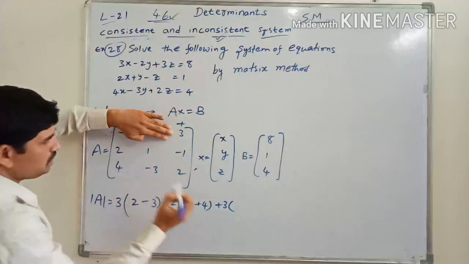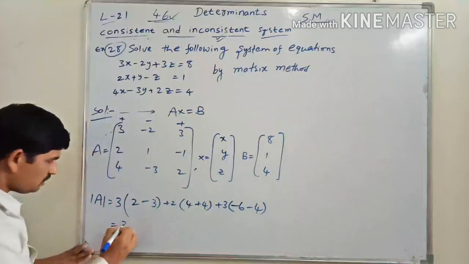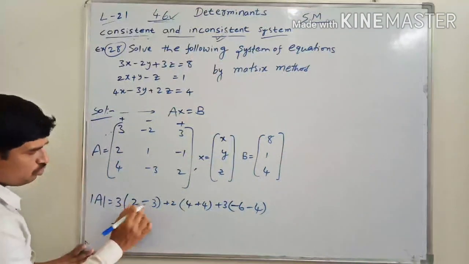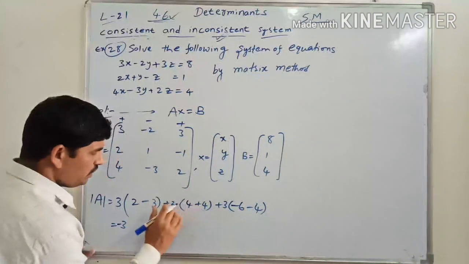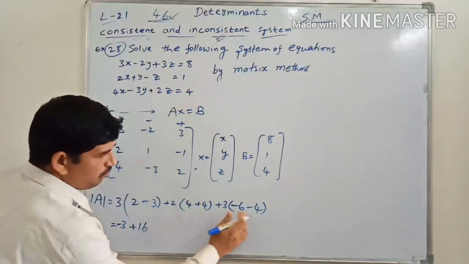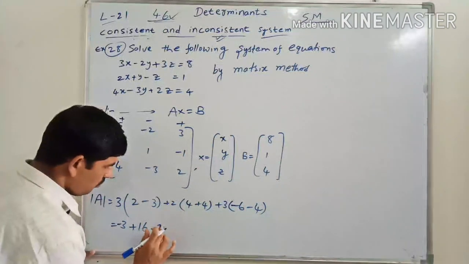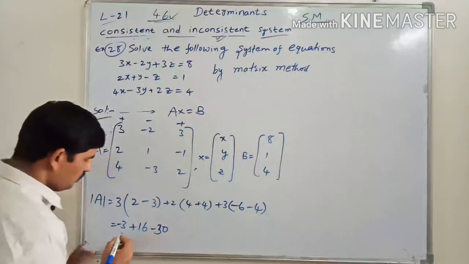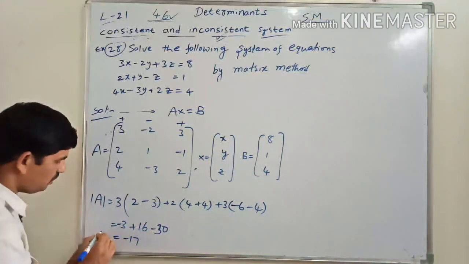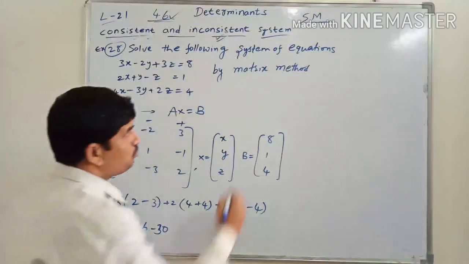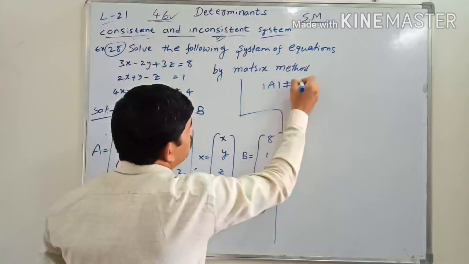Now see, 2 into minus 3 is minus 6, in between minus, 4 into 1 is 4. So finally 3 into, directly I will write, 2 minus 3 is minus 3, and 4 plus 4 is 8. 8 into 2 is 16. After that minus 10, minus 10 into 3 is minus 30. Minus 33 plus 16 is nothing but minus 17. This is the determinant of A. By observing this, we got the determinant of A not equal to 0. Yes or no?